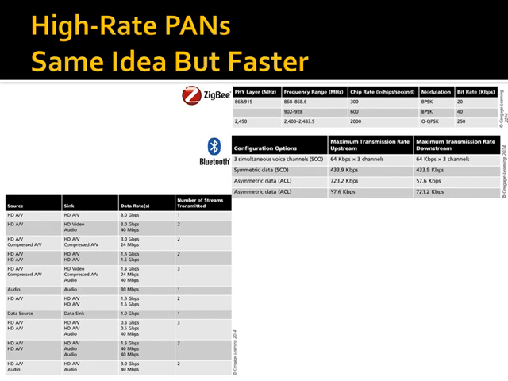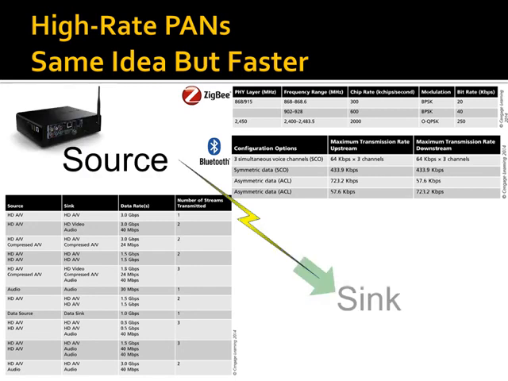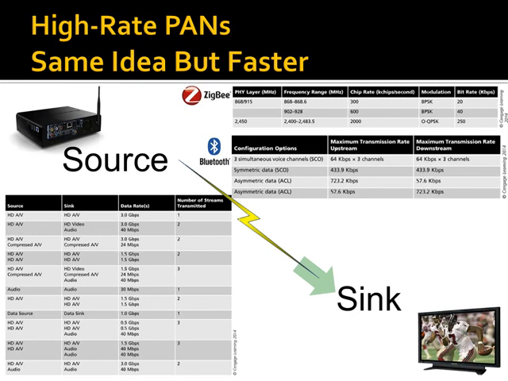If I'm doing high-definition video and audio playback, I'm going to send that to a television. There's no real reason for it to send back data. So we're acknowledging that, and we're actually putting in the specification a way to talk about that. The terms are source, which is the device that is going to transmit data across a PAN, and sink, which is the device that's going to receive that data.